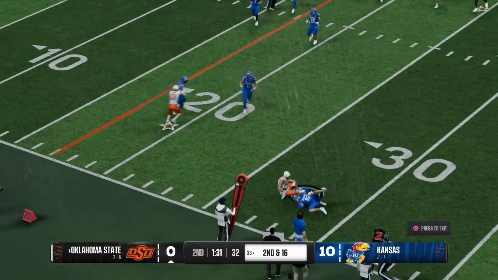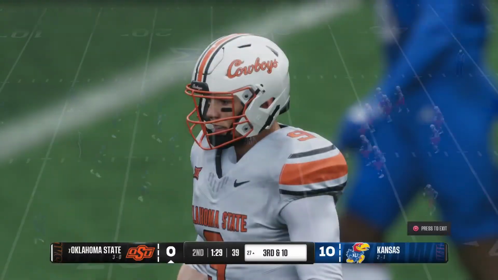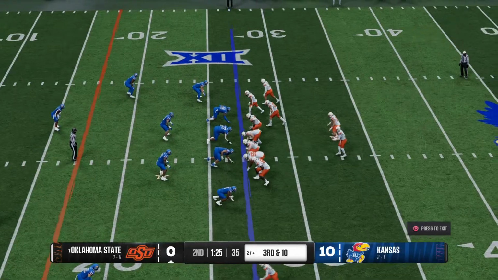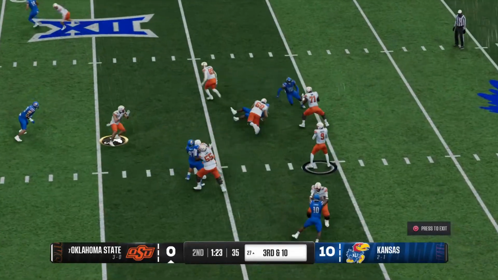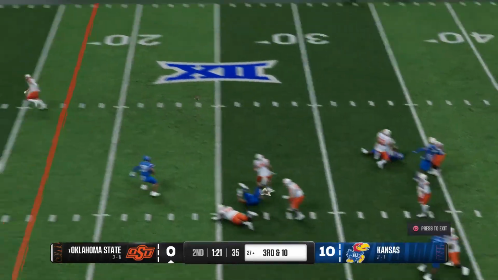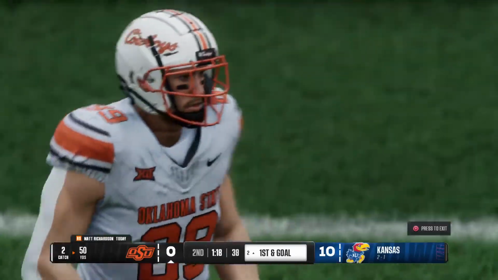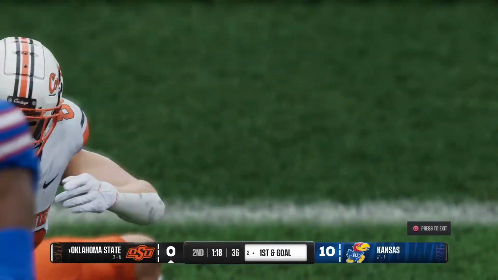Gets it out quickly. They stop him almost immediately. Short gain there, and still a little ground to cover to pick up the first. On 3rd and long, trying to have a big completion here. Throws to the tight end. Makes the catch. They'll get him stopped just short of the end zone, but they're in business here with a